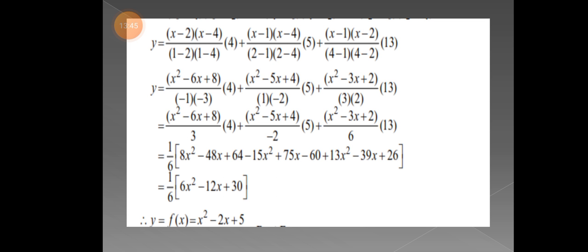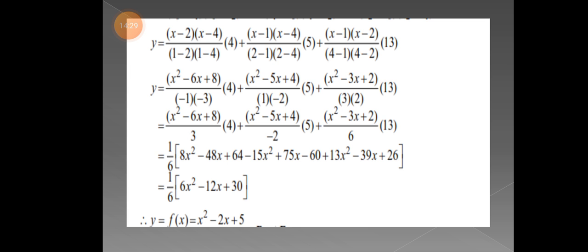Now one doubt was raising here. What does that mean? In the first they have given 8x square minus 48x plus 64, everything was okay, but in the next case, when we are taking the LCM, in the denominator we are having the minus value, minus 2, so that minus was taken in the numerator itself. That's why they have written the opposite signs. The x square becomes minus 15x square, and then minus 5x becomes plus 75x, and then plus 4 becomes minus 60 here. All the multiplied values divided by 6 will be written here.